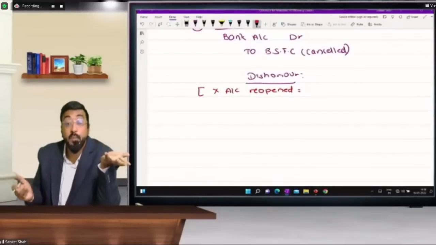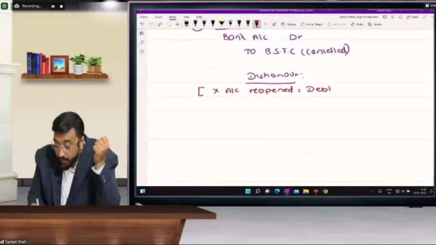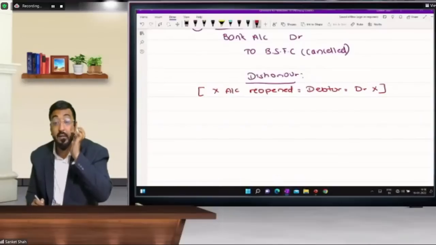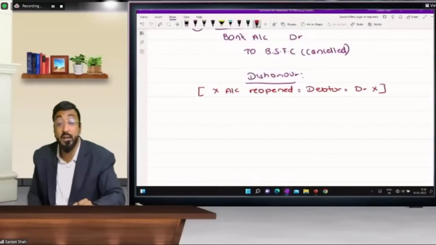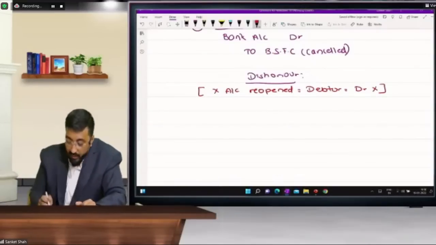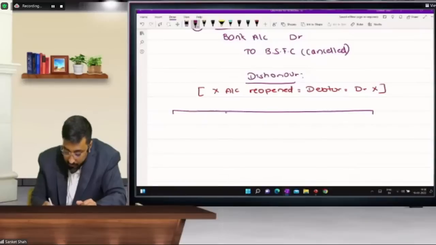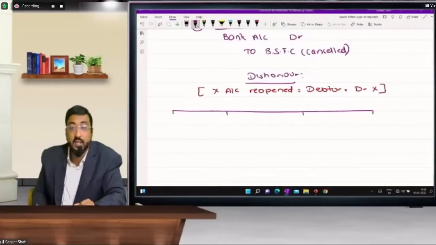Because he has not paid money on the due date, he becomes a debtor. So in every entry, debit X account, debit drawee account, debit debtor account. Drawee and debtor, both are same. Okay. So in all these four situations, you can see here, in all these four situations,